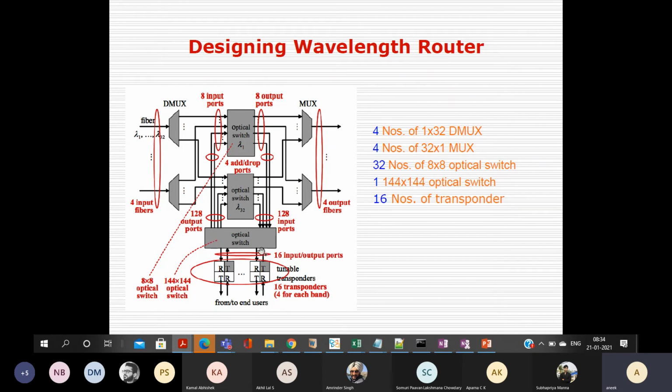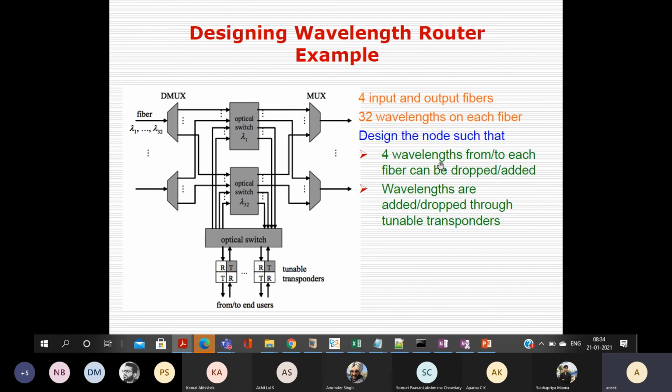Now we have to identify the dimension. So this is done, the switches are done, the multiplexers are done. Now you have to identify what should be the dimension of this optical switch and how many transceivers you require. So first look at the transceivers. What is mentioned here is that 4 wavelengths from each fiber can be dropped.